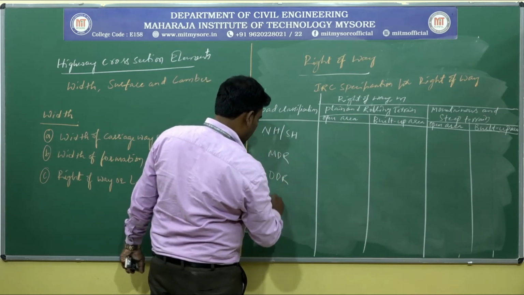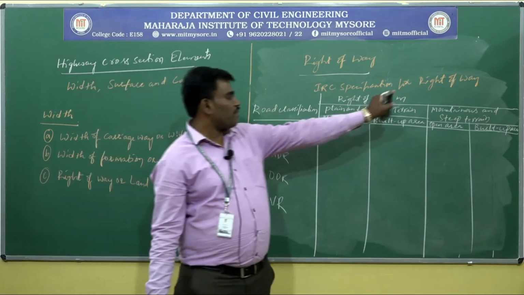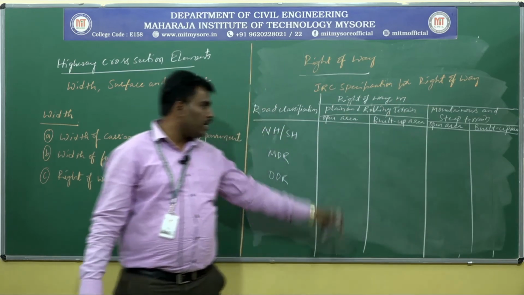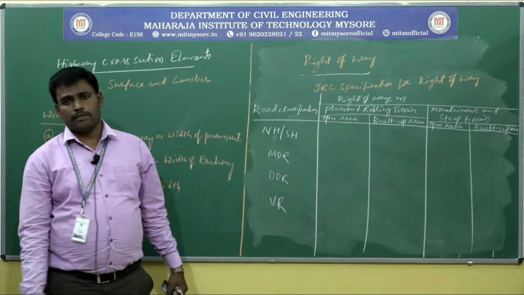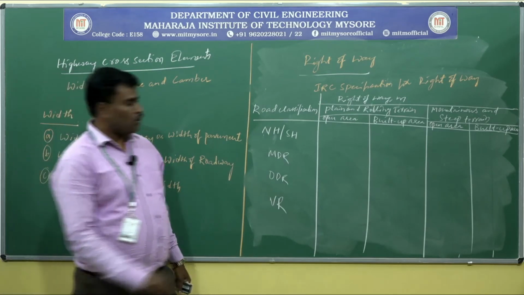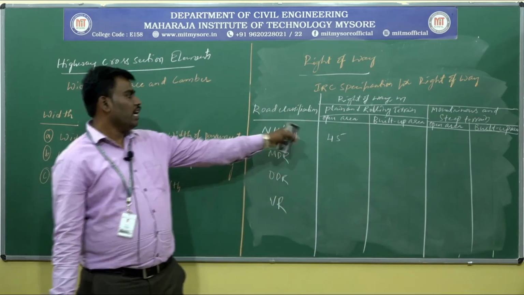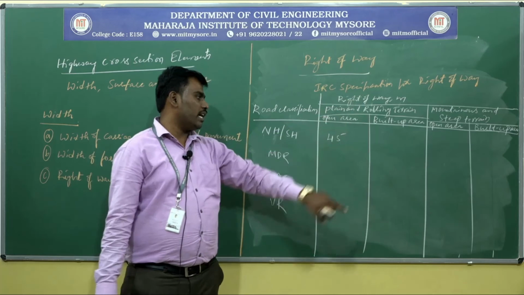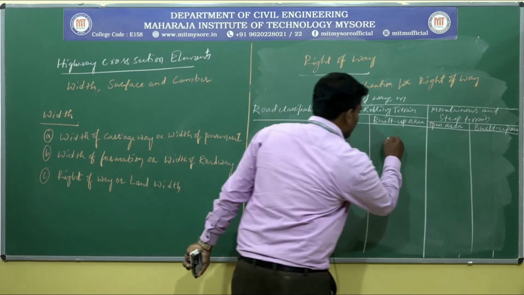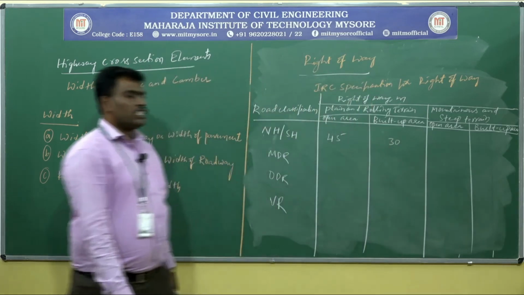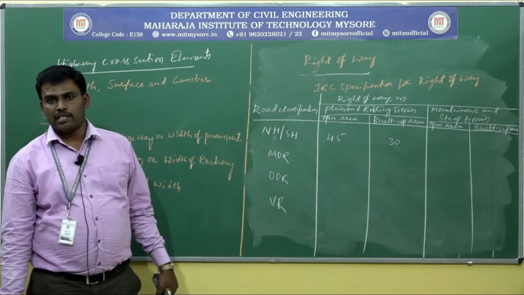other district road and village roads. So it varies with the class of roads and with the type of terrain, that is plain and rolling terrain, mountainous and steep terrain, open area and built up area. It is about 45 meter in the open area for national highway or state highway. In open area, when the terrain is plain and rolling, it is 45 meter. But in the built up area, it's about 30 meter. This is for plain and rolling terrain for national highway and state highway.